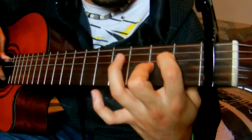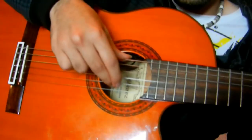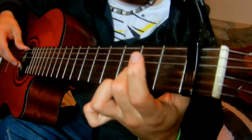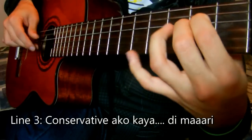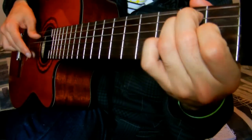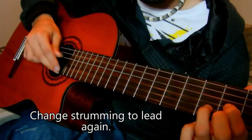Then with finger number 1, you're gonna reach on fret 2 on the 6th string. You're gonna pluck the 6th one again. You let go of the 6th string and you play the open string. Then you go to D. Then the girl sings the main part and you change the